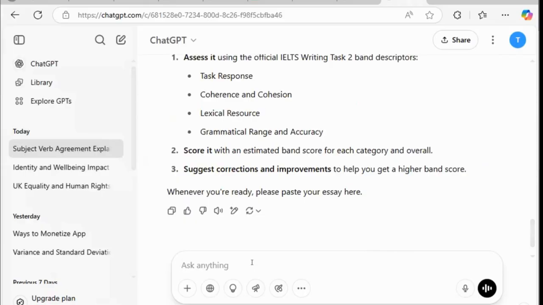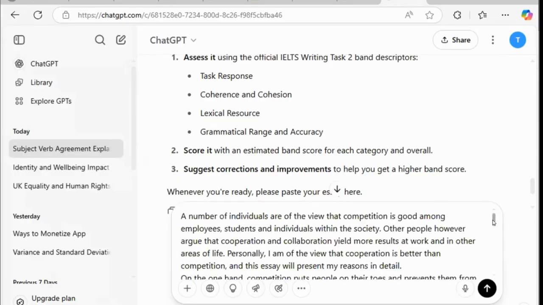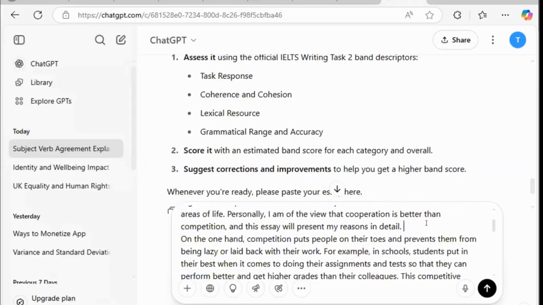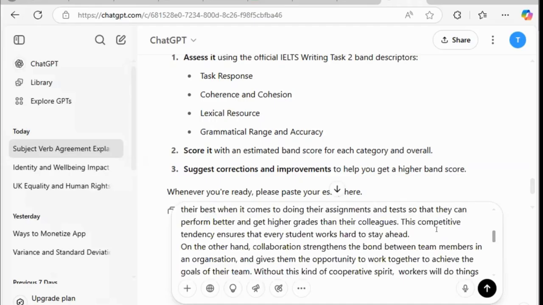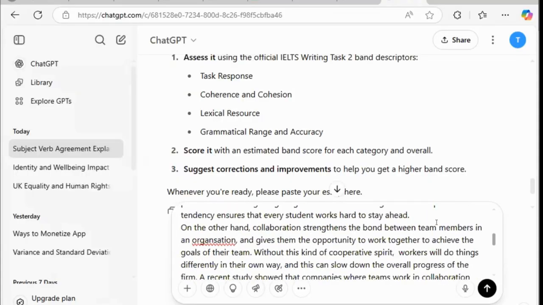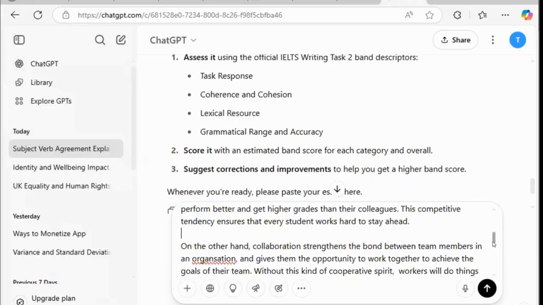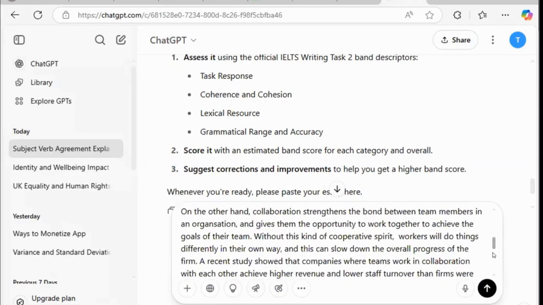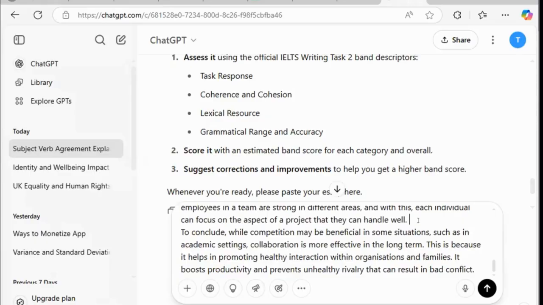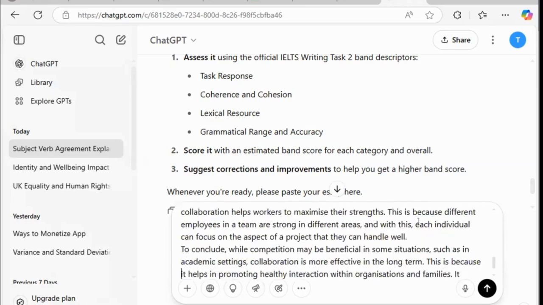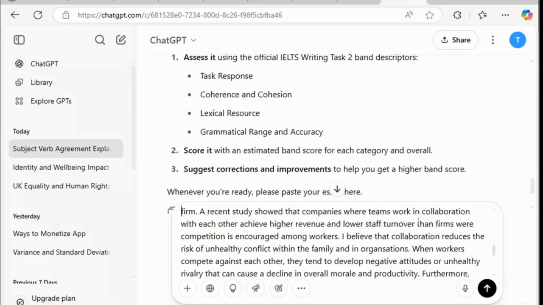So, okay, let me paste my essay here. So this is my essay that I've posted now. I'm trying to inject all those gaps after one paragraph. At the end of paragraph 1, skip a line before you start paragraph 2. At the end of paragraph 2, skip a line before you start paragraph 3. At the end of paragraph 3, skip a line before you start paragraph 4. That's how you demonstrate clear paragraphing. Very, very important. So I've posted my essay here now.